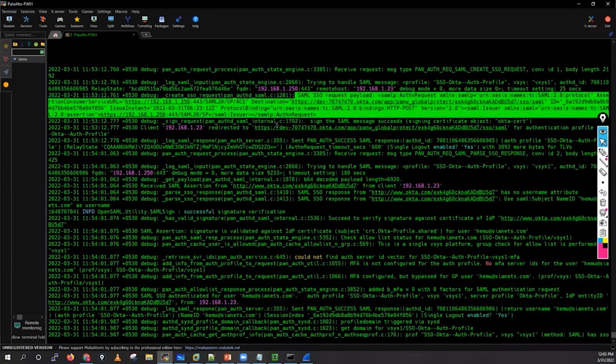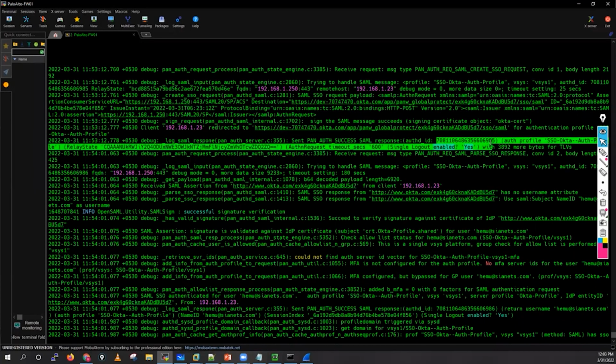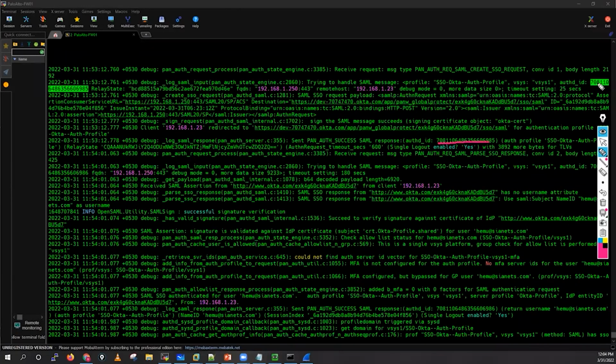What are the things you are having here? And if you look into the SAML auth response, the send pan auth SAML response, you will see this auth ID, and look for this auth ID. They are matching. They should match. If that auth ID does not match, your Palo Alto firewall drops that particular request and response packet right away, because Palo Alto also uses this ID and this ID